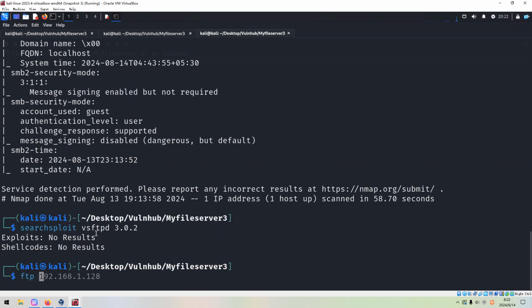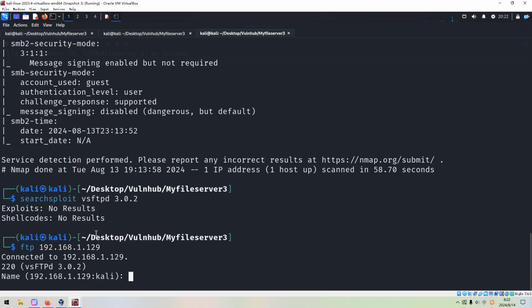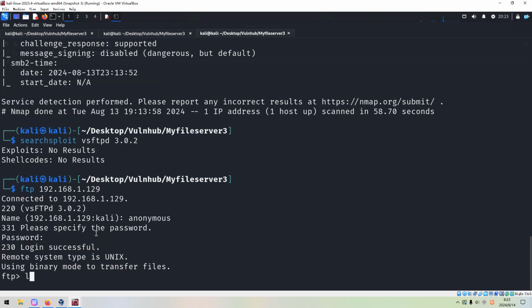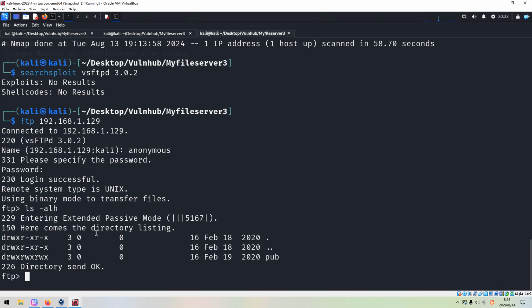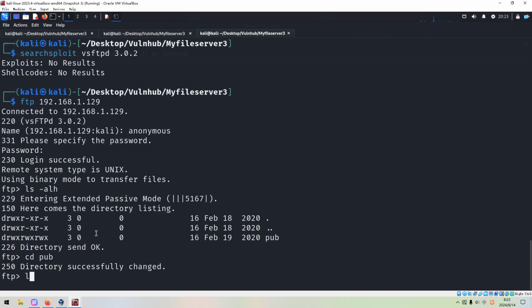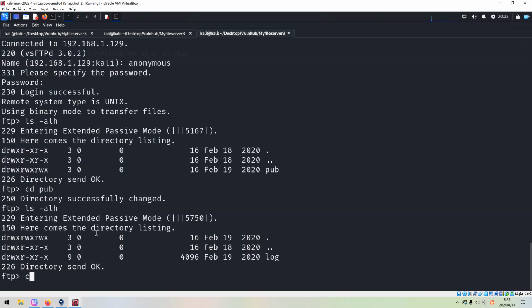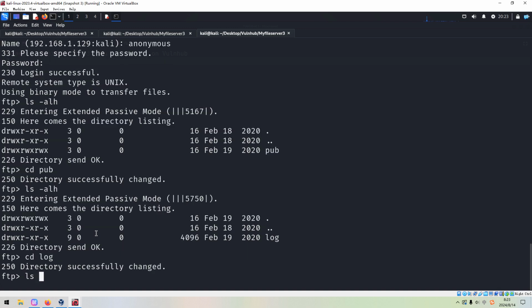Next, we can FTP to the target. The username is anonymous. Anonymous. No password. We are successfully logged in to the target via FTP. We go into one directory and then into another layer of directory.